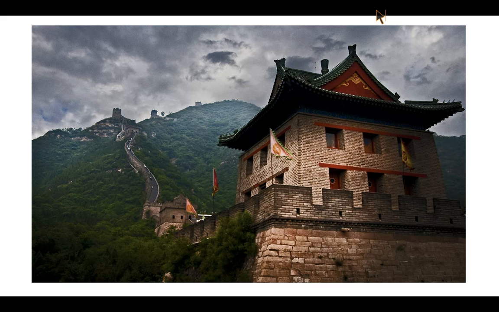One of the great projects of the Emperor Shi Huangdi, who we've been studying all week, was the Great Wall of China. And when I say great, I mean it really is great. Let's just take a look at some of these pictures to see how amazing this wall is. First of all, look at how it climbs really high up into the mountains. Can you imagine building that with no really big tools like we have today? And look how beautiful this is. Look at all the detail on the roof.